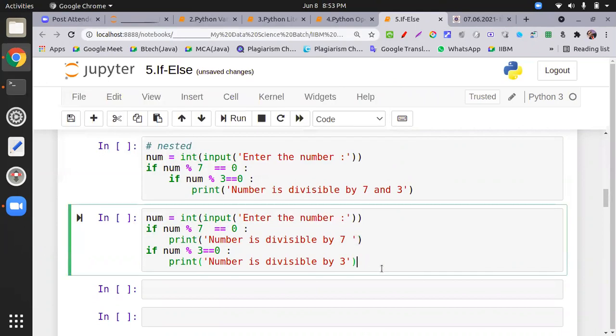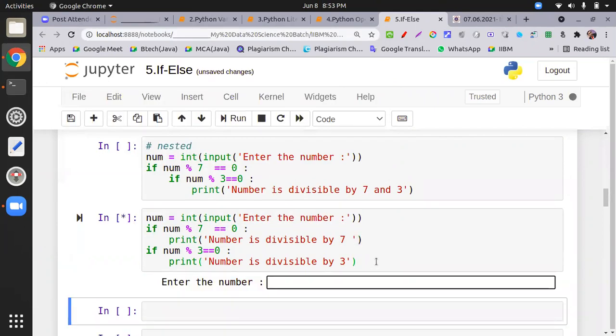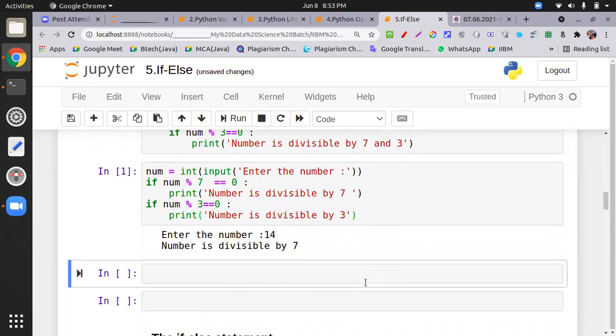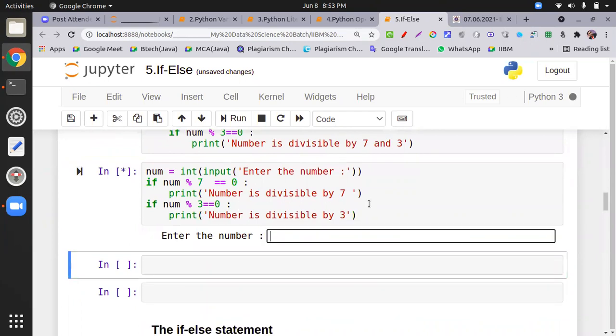All right. Okay, so run this cell. If I put 14 as the input, let's see what answer we get over here. The number is divisible by 7. Perfect. Okay, so if we have 21, what answer do we have? Be careful.